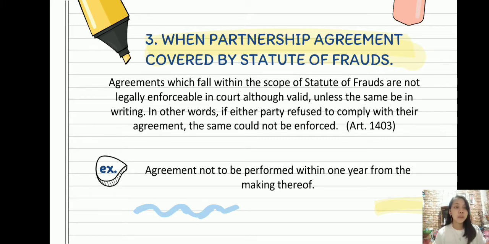Hindi sila pwedeng mag-operate yung partnership na yun earlier since naka-state na yun sa contract and under the Statute of Frauds. So, itong exemption na to, it is a form of enforceability of a contract. While yung exemption naman kanina, which is all about immovable property or real rights, it is a form for validity of a contract. So, now, let's proceed to the next topic,